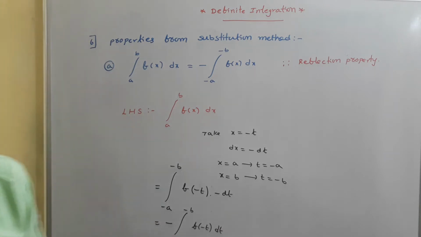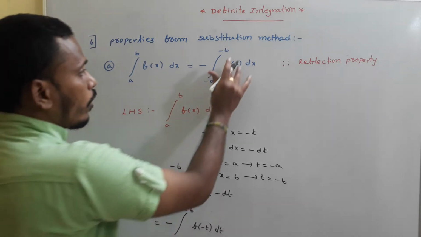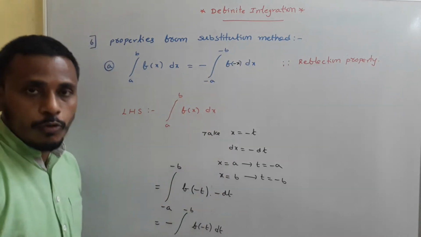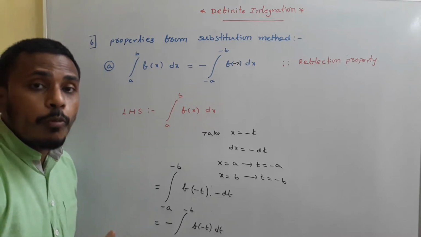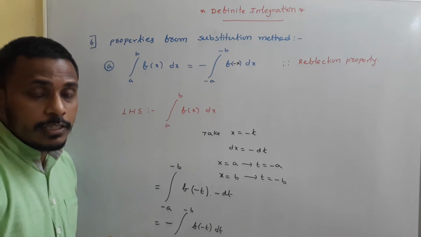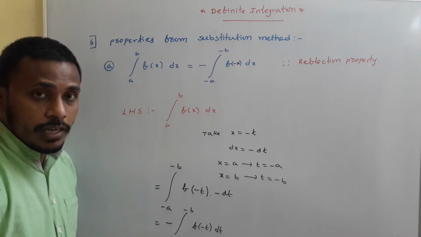Okay, just have a look. So here again we need to write minus x. Okay, just a mistake here, minus x. So this is basically the reflection property. Why are we calling this property the reflection property? Just because of the areas. Just because of the areas we are calling it the reflection property.